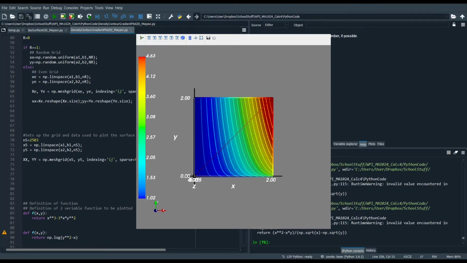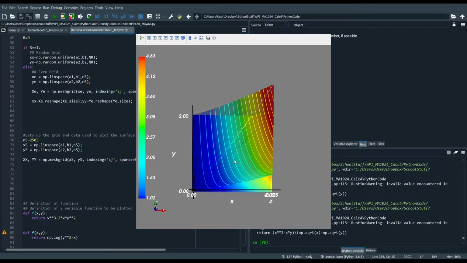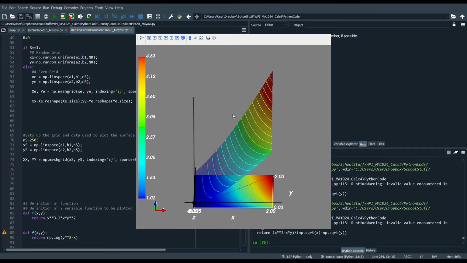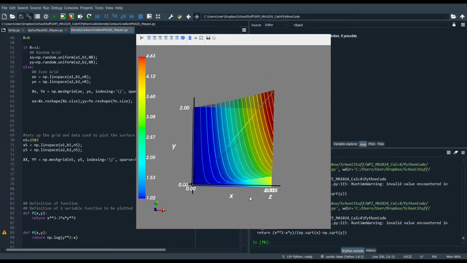So here is a plot of this function, and we can see very clearly that at (0, 0) the limit does exist, and not only that, but at (0, 0) the limit is equal to 0, just like we calculated. And if we move around this function to get a picture of both the level curves and also the density plot down here of how the function is behaving,